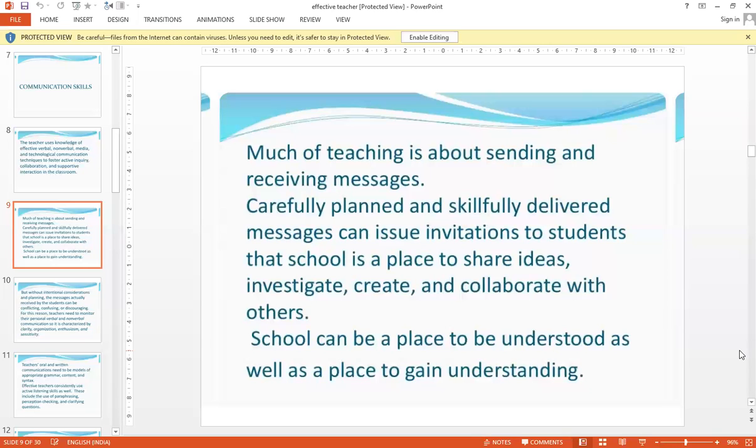Besides this, it also provides teachers the opportunity to improve learning based on students' responses throughout the teaching and learning process. So school plays an important role not only for a learner, but even for a teacher. It gives an opportunity for a teacher to improve learning based on students' responses throughout the teaching and learning process.